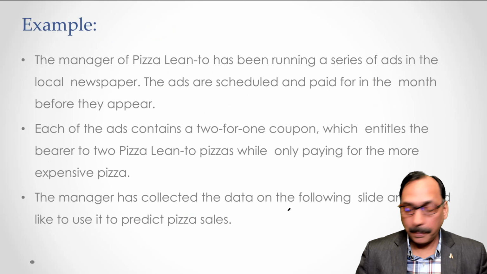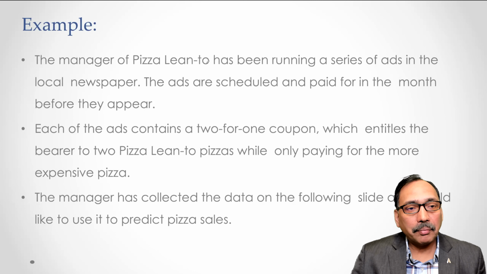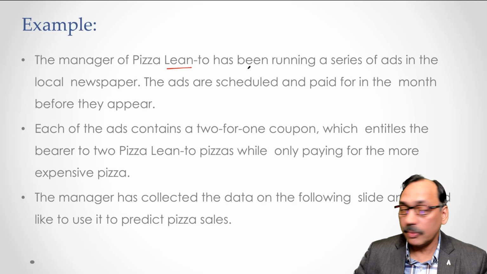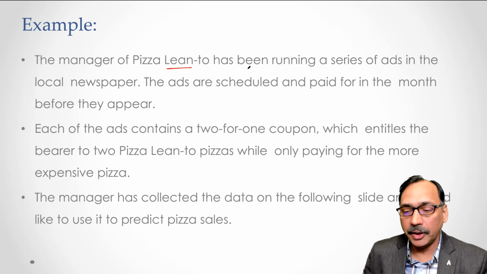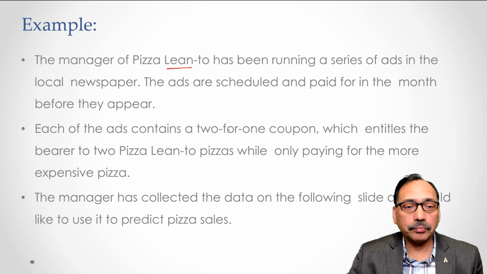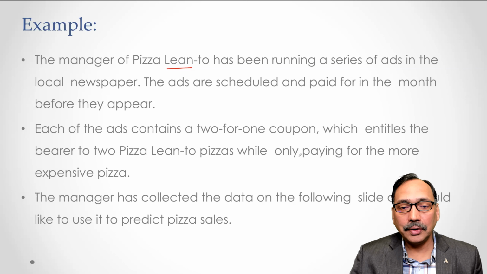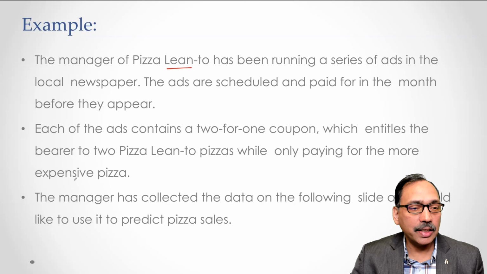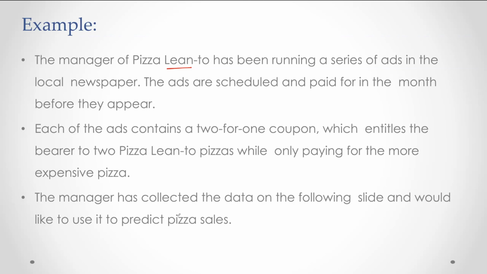So one example: the manager of Pizza Lean-To, which is the company name, has been running a series of ads in a local newspaper. The ads are scheduled and paid for in the month before they appear. Each of the ads contains a 2 for 1 coupon, which entitles the bearer to two Pizza Lean-To pizzas while only paying for the more expensive one. The manager has collected data and would like to use it to predict pizza sales. So this is the data